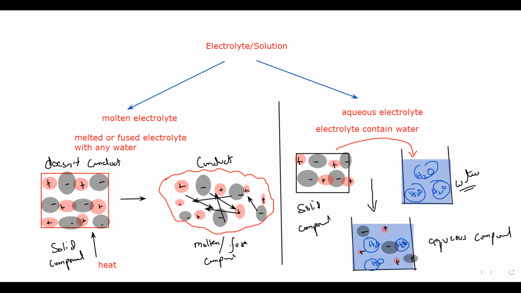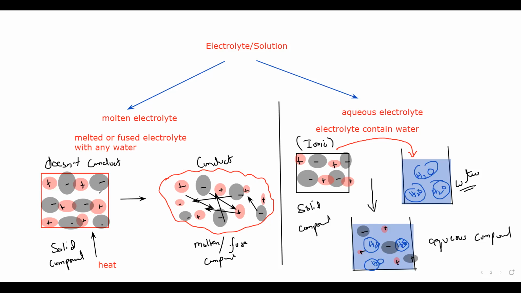Atoms are not separated. An ionic compound already contains ions. When we add them into water, the water molecules continuously hit these ions and break them into smaller parts. How do we separate these ions from each other? We can use electrolysis. If we want to remove the ions from the mixture, we can use electrolysis.